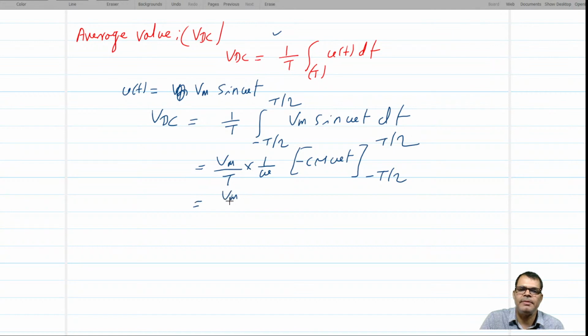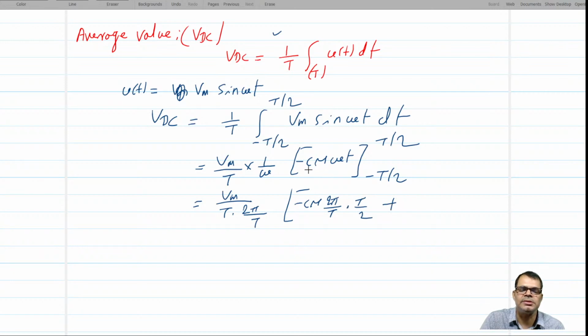So Vm upon T omega, what is omega? 2 pi upon T, then minus cos of 2 pi upon T into T by 2,